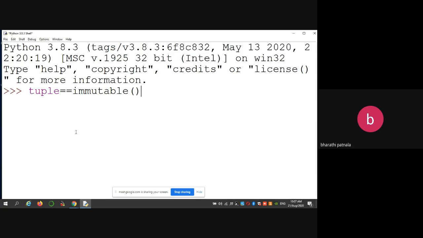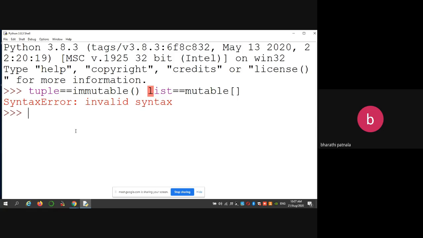Normally lists are mutable and are represented with square brackets. So what is the difference between tuple and list? Tuple is immutable and is represented in open parentheses, whereas list is mutable and can be represented using square brackets. Immutable means we can't do any modifications after its creation. Now see how to create a tuple.